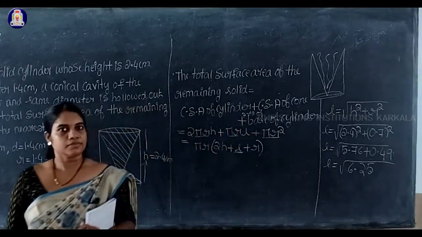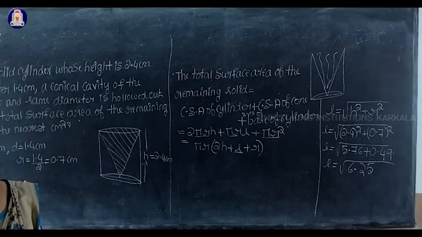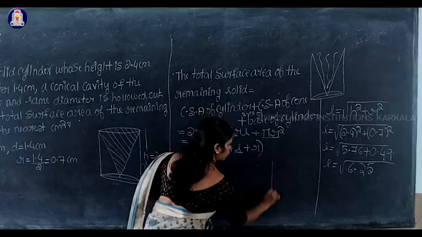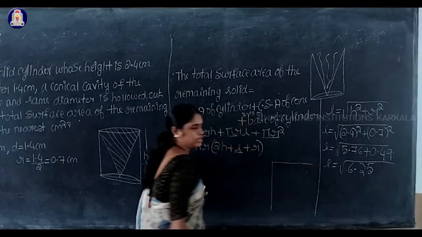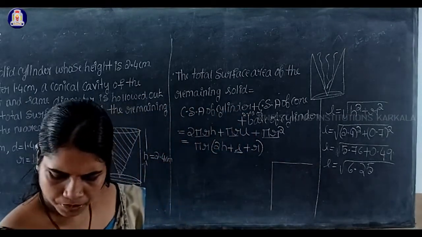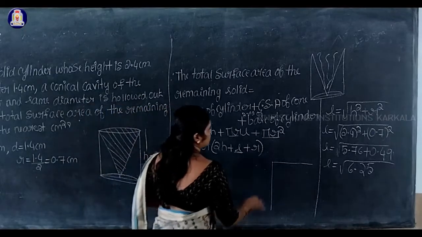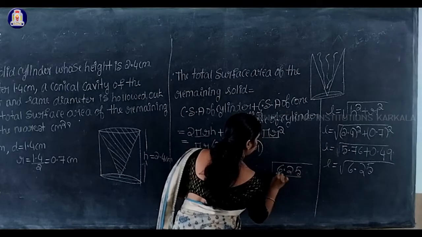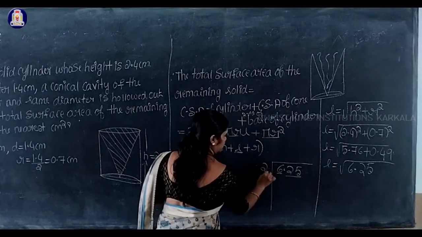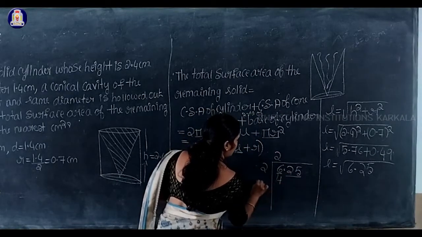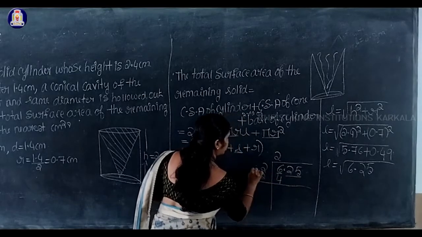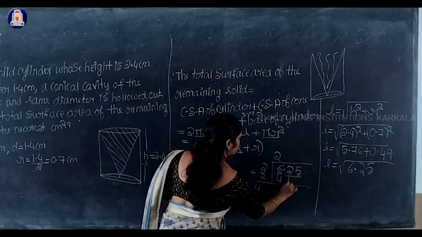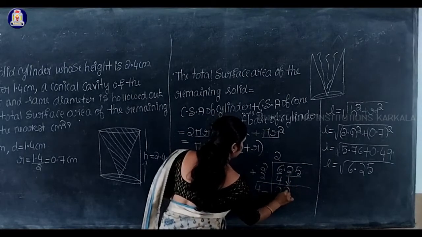Long division method you can use here, isn't it? So after applying the long division method, I will do it here. 6.25. Okay, I'll group the number. 6, so I'll choose 2. 2 2s are 4, so add 2, 2 plus 2 is 4. 6 minus 4 is 2, so I'll get 25.